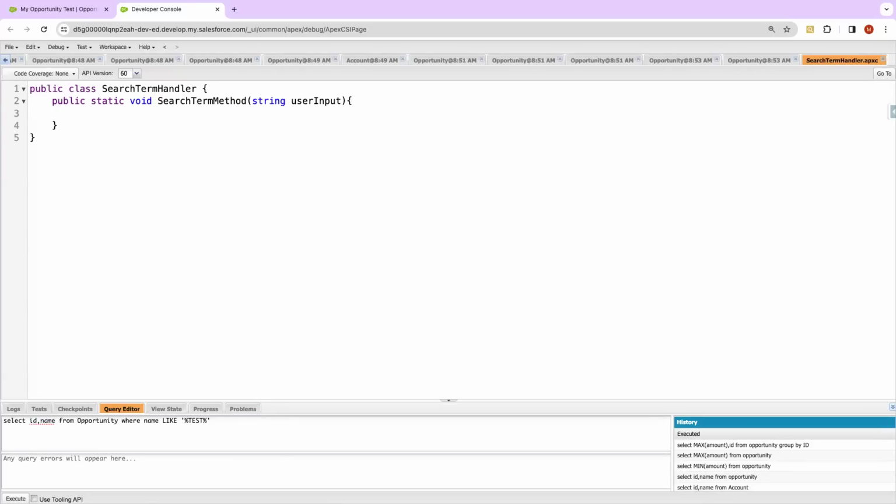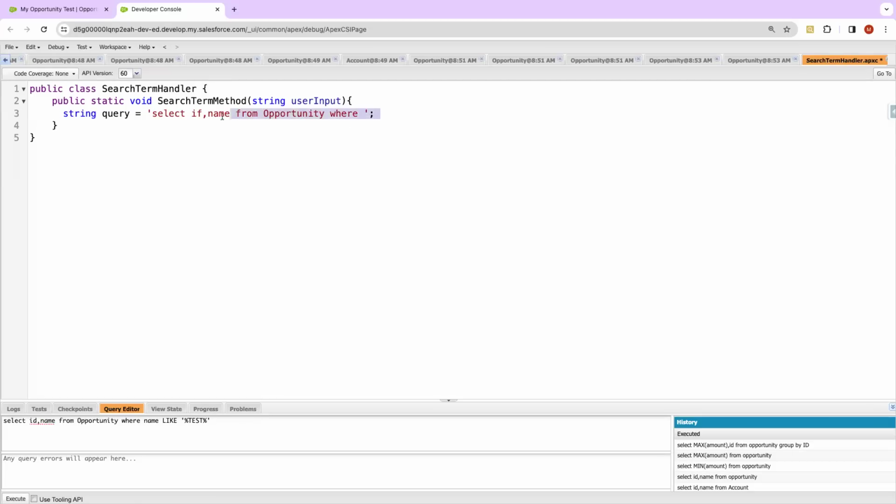You can name it like this, a string query, and you write it like this: select Id, company name from, let's say, opportunity, where,